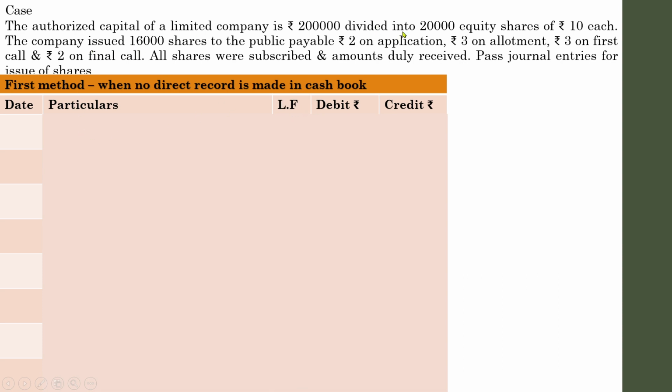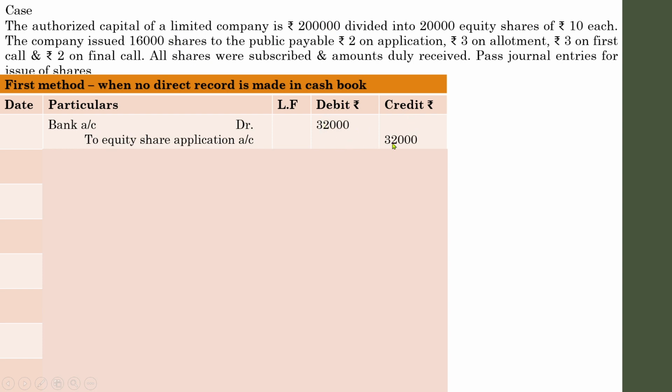Okay, let us begin. How many shares have been issued to the public? 16,000, and application of rupees 2, that is 2 per share. So 16,000 shares were each worth rupees 2. How much was the amount collected through issue of shares in the form of subscription? Bank account debit to equity share application account 32,000, that is 16,000 into 2. So by way of subscription, the company has received an amount of 32,000. So the first entry has been passed.